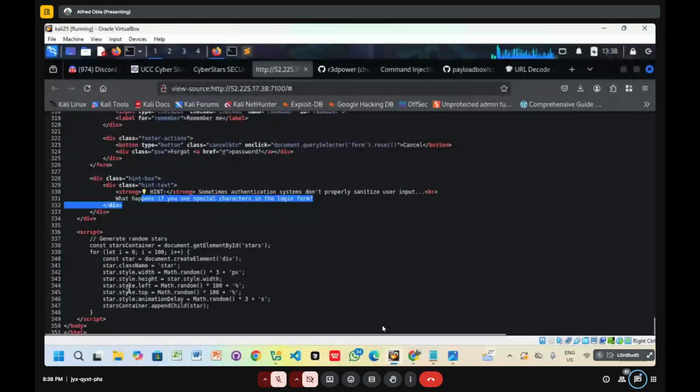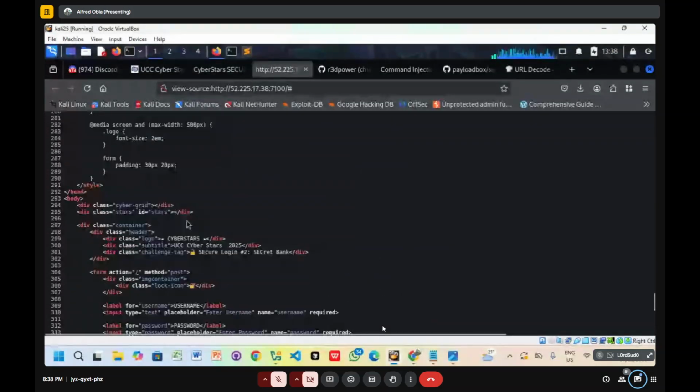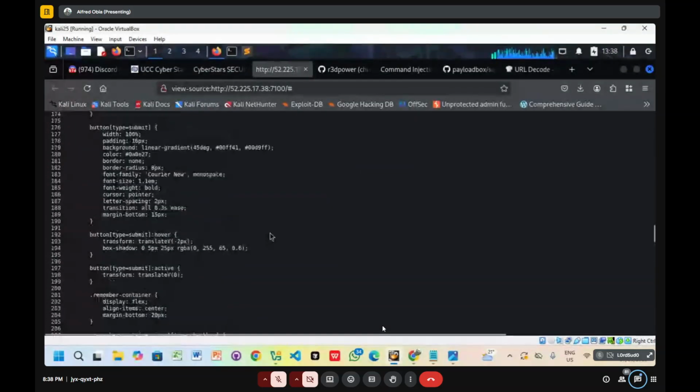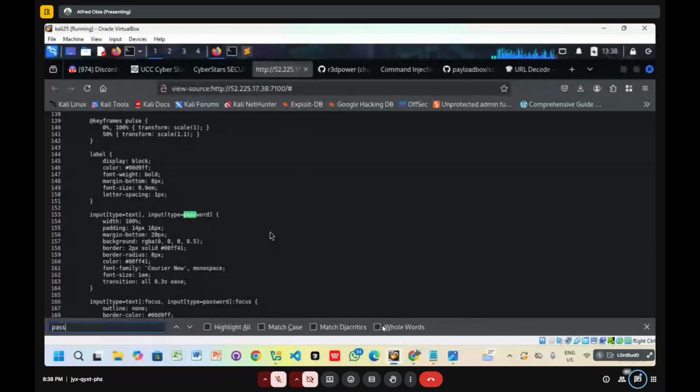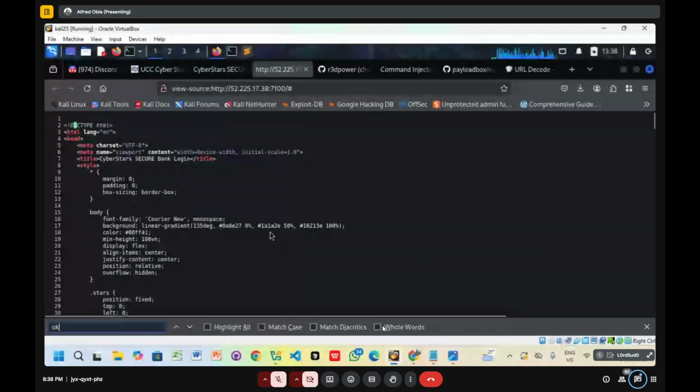And now we come to the bottom, nothing like comments, like token, like passwords. But to ease your work, sometimes you can just type password to see those sensitive things, and you just press Ctrl F, then you can start querying the data inside here. Or you can press the open angle bracket which we found last time, and then the exclamation mark, then you put the dash to see whether there's a comment somewhere, because this is only